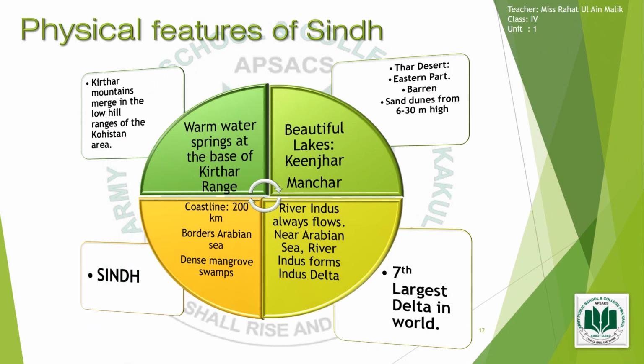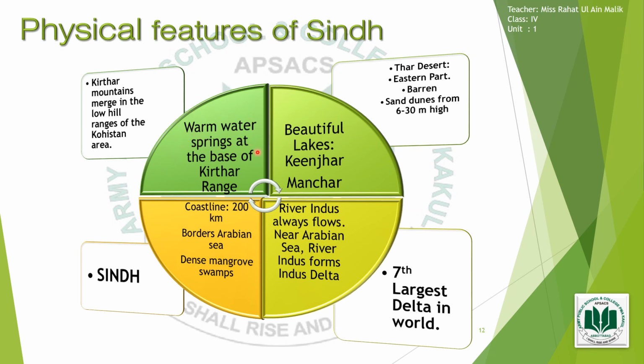Okay, last on the list is Sindh. Again on page number 7 of your textbook. It says that Sindh has Kirthar mountains merged in the low hill ranges of the Kohistan area. So the very first thing, again, mountains are to be found in Sindh, and those mountains are called Kirthar mountains. Second, there are many warm water springs at the base of the mountains of the Kirthar range. So when the Kirthar mountainous range ends at its footing, there can be found warm water springs,